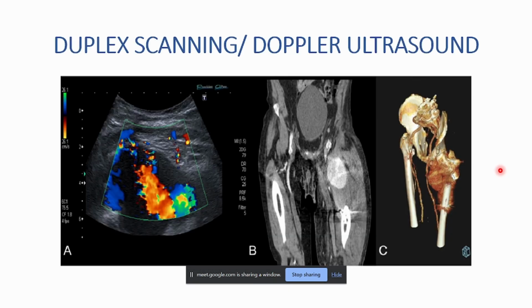This is an image of the duplex scanning or the Doppler ultrasound. This technique mostly uses sound waves and the Doppler effect to assess the condition of the great vessels. This also can measure the blood flow through them, and we can detect stenotic blood vessels and collapsed